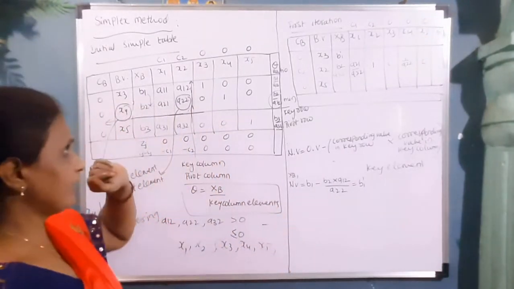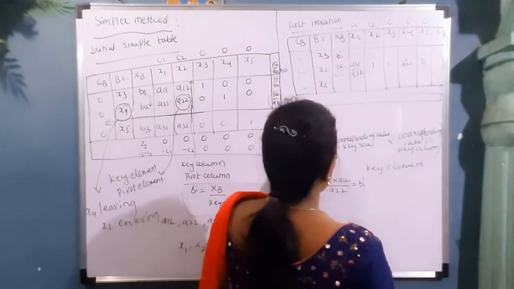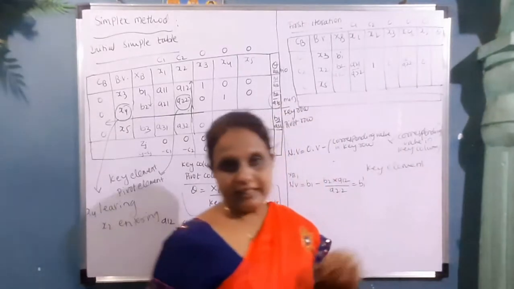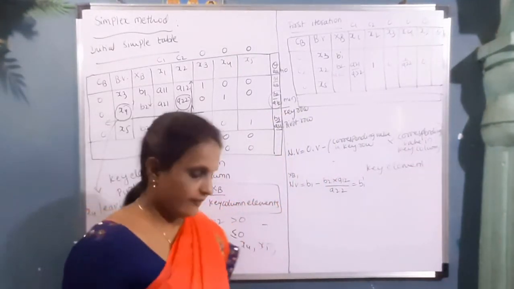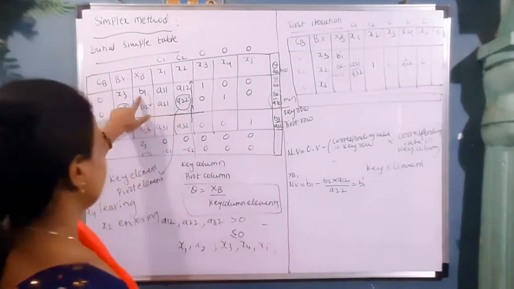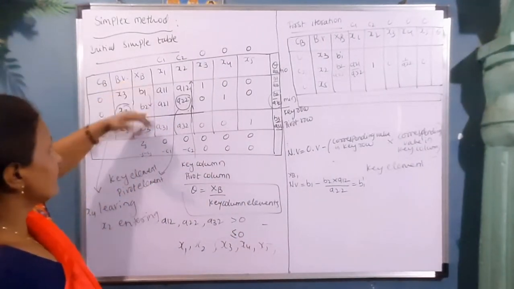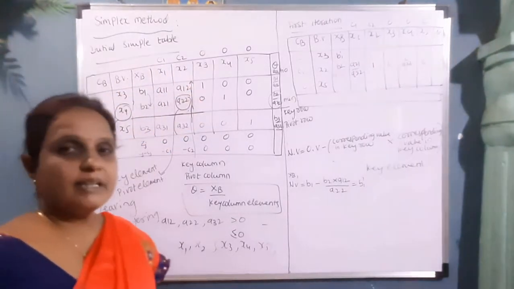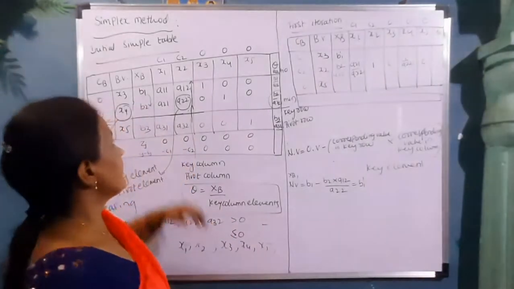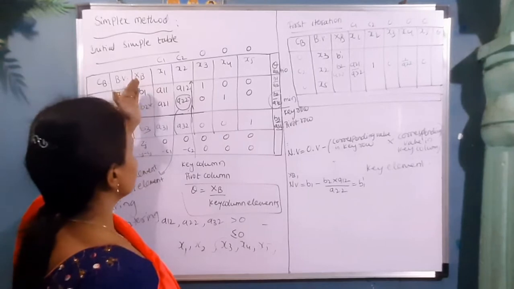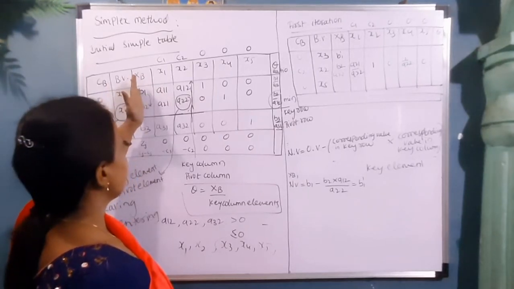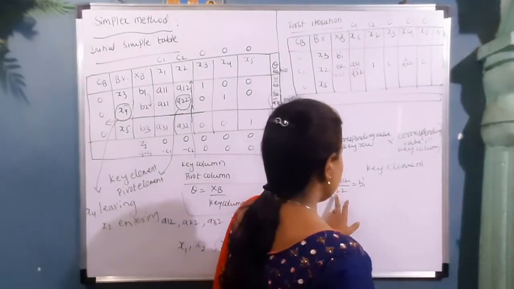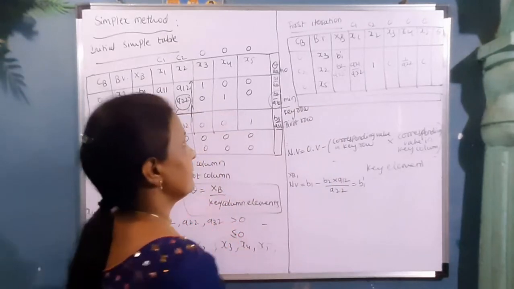See one more time. To find the new value, we take old value minus corresponding value in key row, corresponding value in key column. So if we take old value say B1, its corresponding value in key row will be B2. Corresponding value in key column is A12. So the meaning of corresponding is, when we are in the first row, it's the corresponding row. When we are considering this as a column, it's the corresponding column. So it is B2 and A12 always divided by key element A22. So here we have got B1 dash.